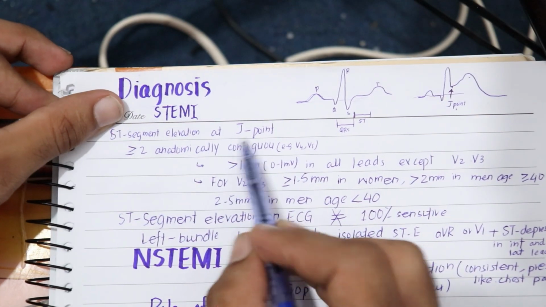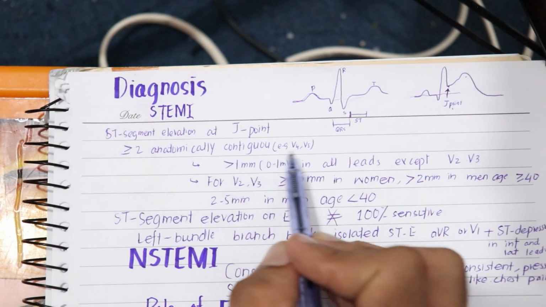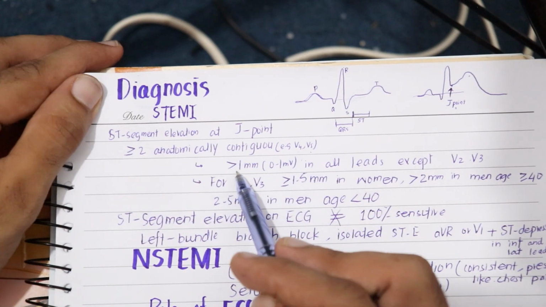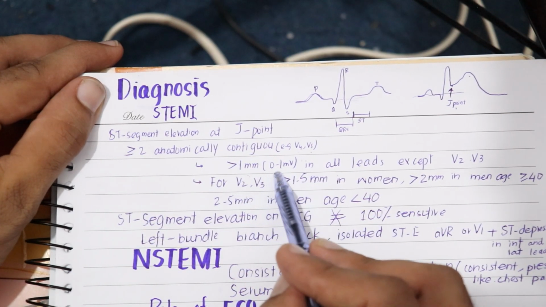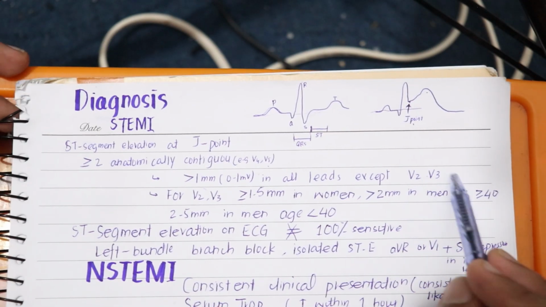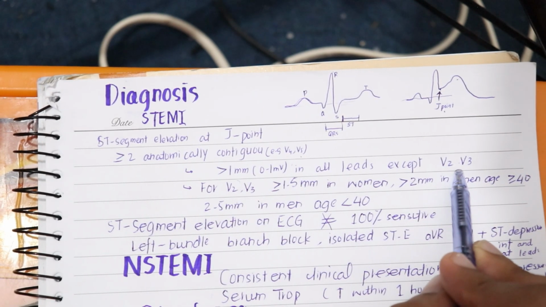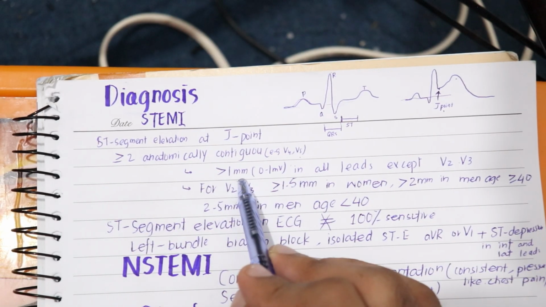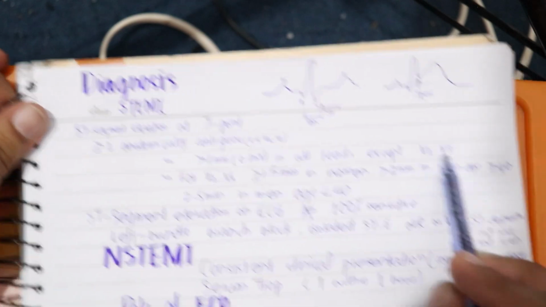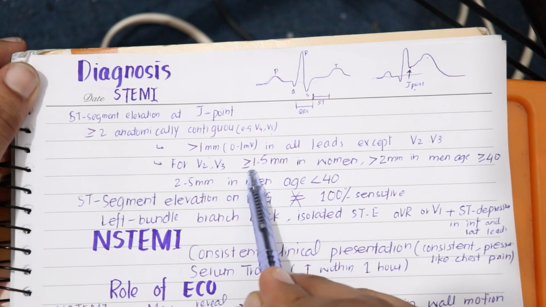So ST segment elevated in more than two anatomically continuous leads, like V4, V5, right, V1, V2, V3, V4, like this one. More than 1 mm, which means 0.1 millivolt, in all leads except V2 and V3. For V2, V3, the rule is somewhat different. So what's the rule for V2, V3? If any other lead has more than 1 mm in two contiguous leads, it means that it is having MI, right, ST segment. For V2, V3, the elevation in women would be more than 1.5 mm,